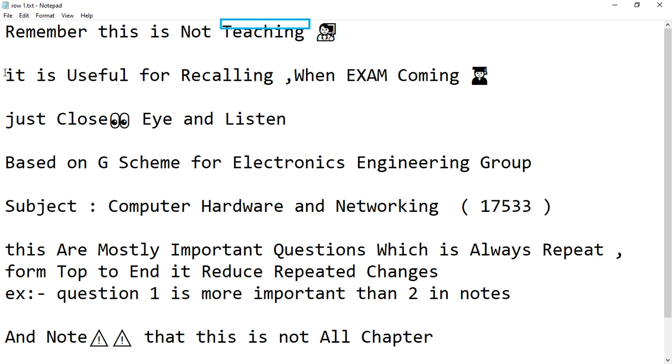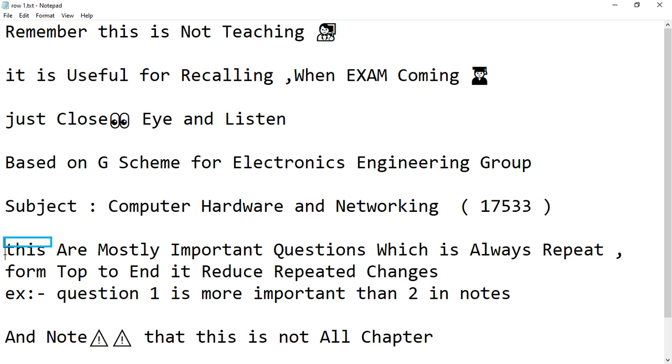Remember, this is not teaching, teacher. It is useful for recalling when the exam is coming, student. Just close your eyes and listen. Based on the G scheme for the Electronics Engineering Group. Subject: Computer Hardware and Networking,